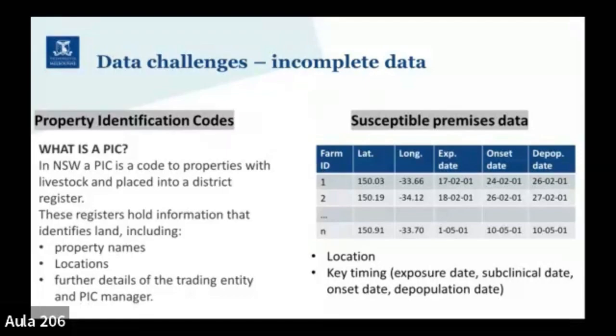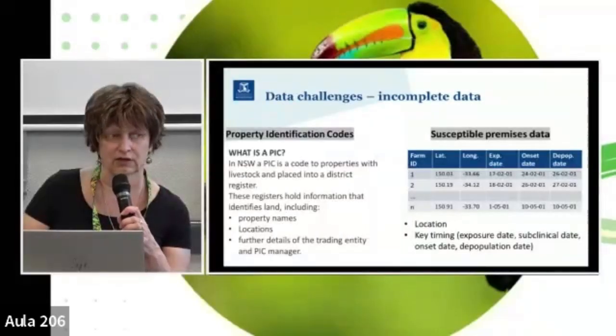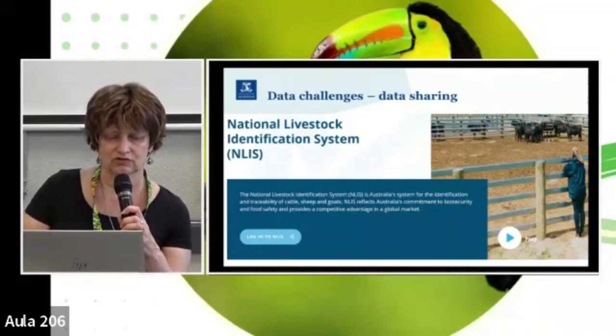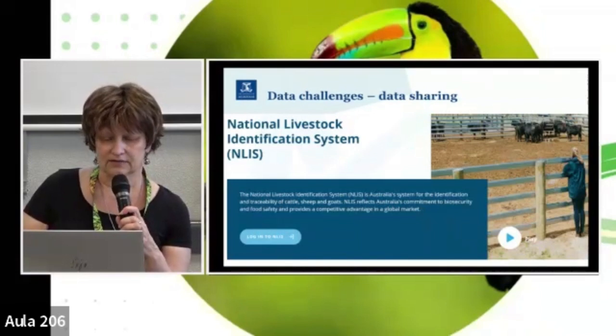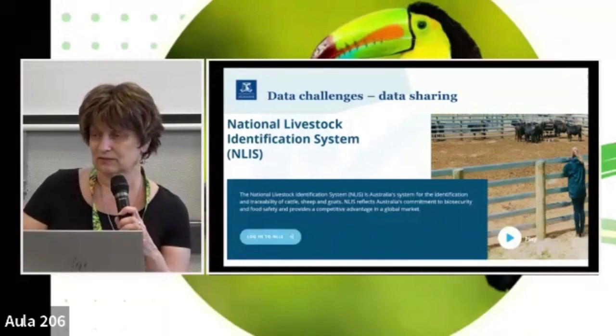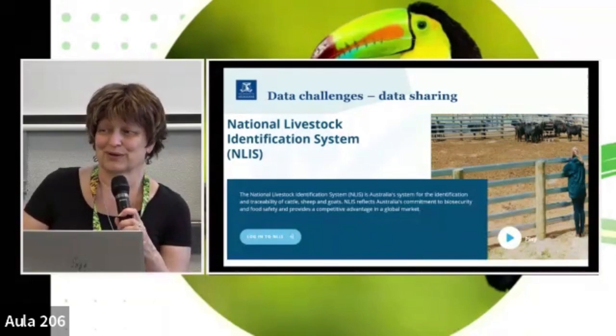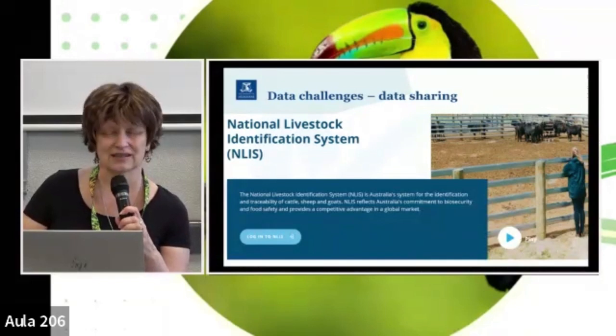So that's an issue in this situation when you're trying to actually identify properties correctly. And the other one is around data sharing in many cases. So Australia has what's called the National Livestock Identification System, or NLIS. And that is basically a system to identify and trace cattle, sheep, and goats. So that's a big thing. And I think that was introduced with a bit of pushback from the farmers and people, but it's there,